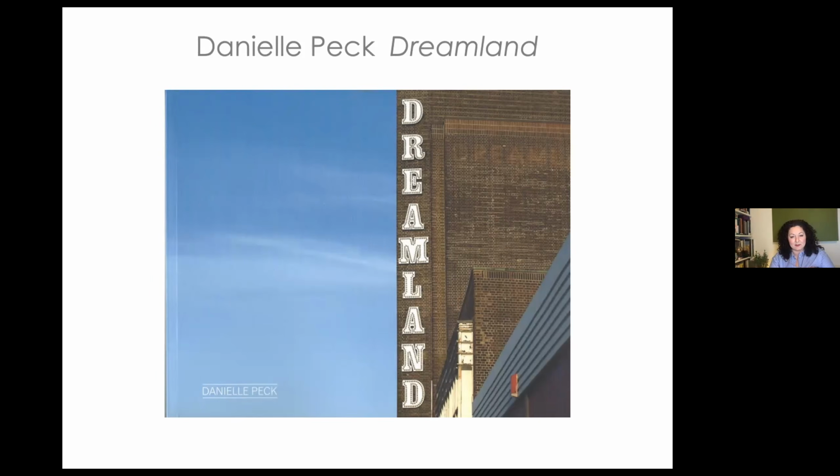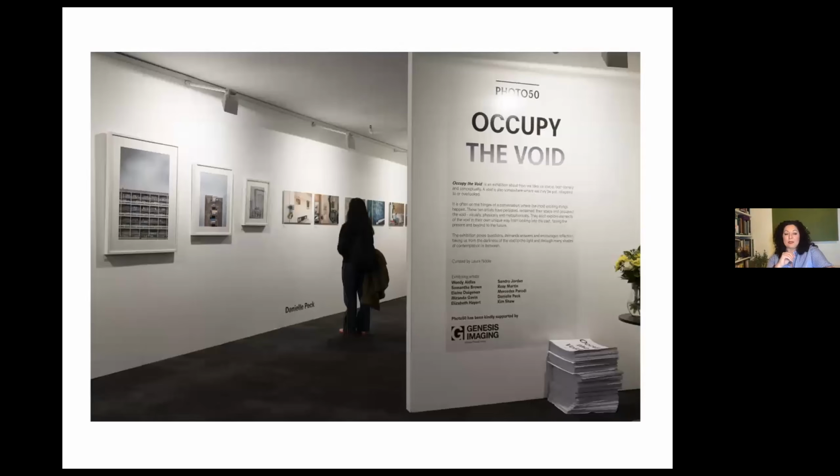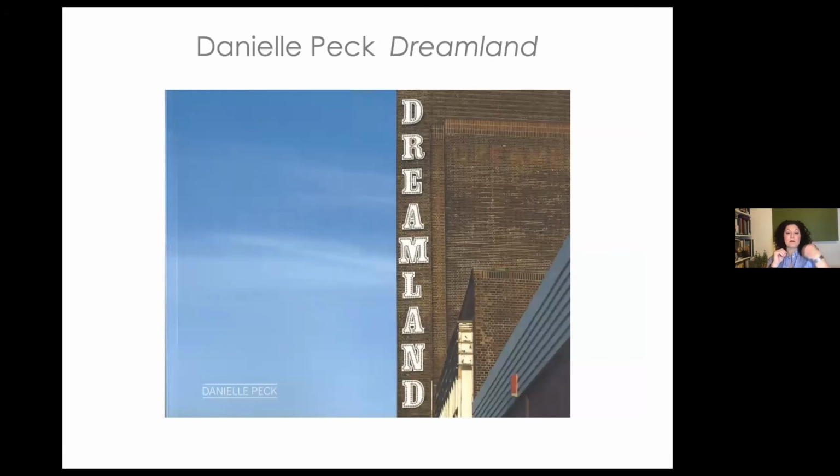And when I saw this project, I thought there were certain images that really stood out to me that really went with the exhibition, about taking up space and how we fill space. I was looking at interior spaces, exterior spaces. So you can see on that last picture, the exhibition starts on the outside. You start with these buildings, like those by Sandra Jordan, and then you go into Danielle's work. So again, limited space. We had to really be selective.